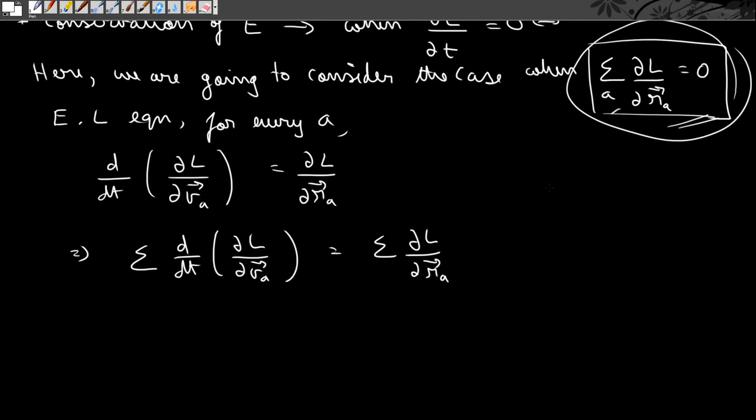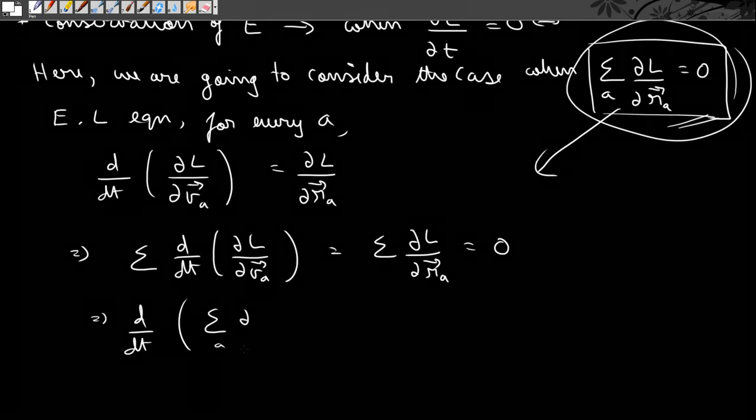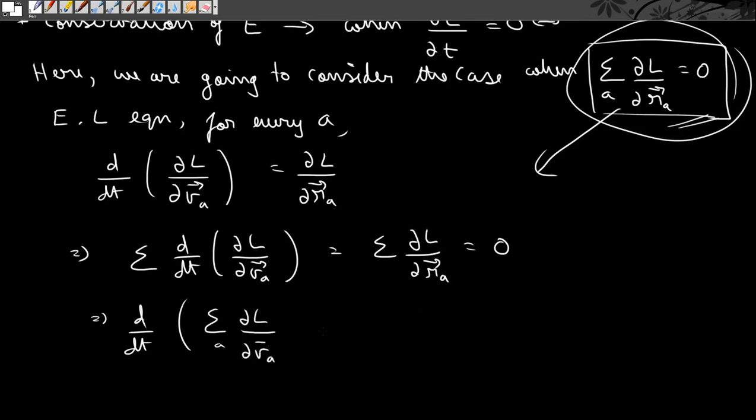But this condition says that this is equal to 0. This implies d by dt of the summation over a of dou L by dou Va is equal to 0, which implies that the summation of dou L by dou Va is a constant,